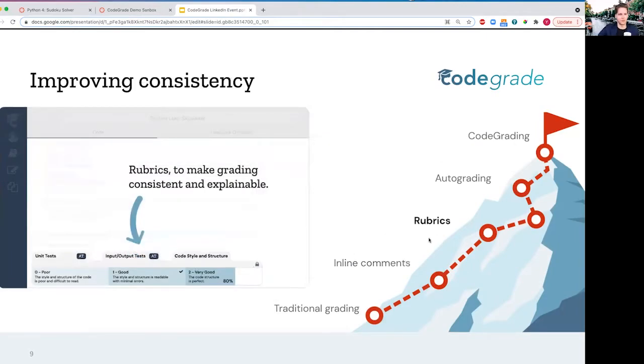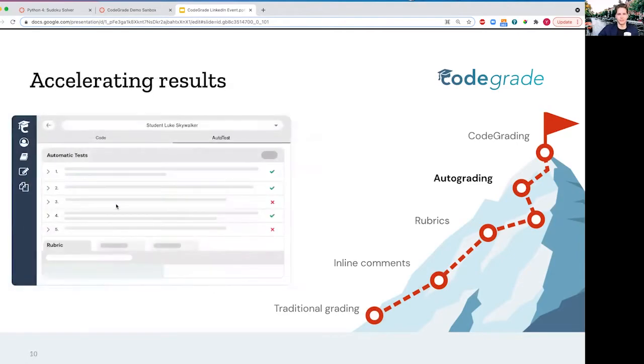The next step we will do, as I said before, is adding a rubric. So categorizing the grade in functionality, code style, structure, those kinds of things. And the goal here is making grading consistent and explainable. And then finally, we're going to go into the auto grading, and we're going to look at two things, or